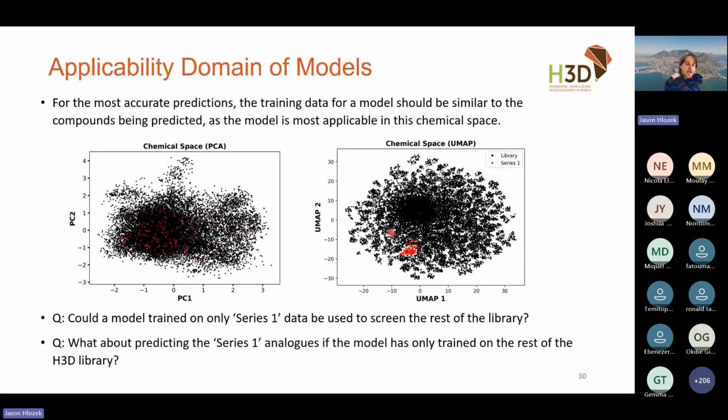So now I would like to challenge you and get you to think a little bit. Let's say I've got a data set. I'll call them the black compounds and the red compounds. The red compounds are all compounds from one chemical series, which means they share a scaffold and they just have variations on the outside of the molecule. And the first question is, if I trained a model only on the red data points, how well do you think I would be able to predict the black compounds?